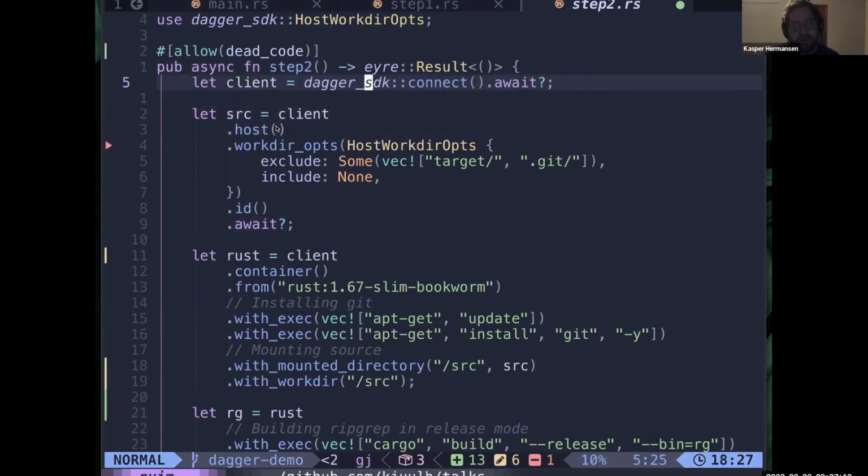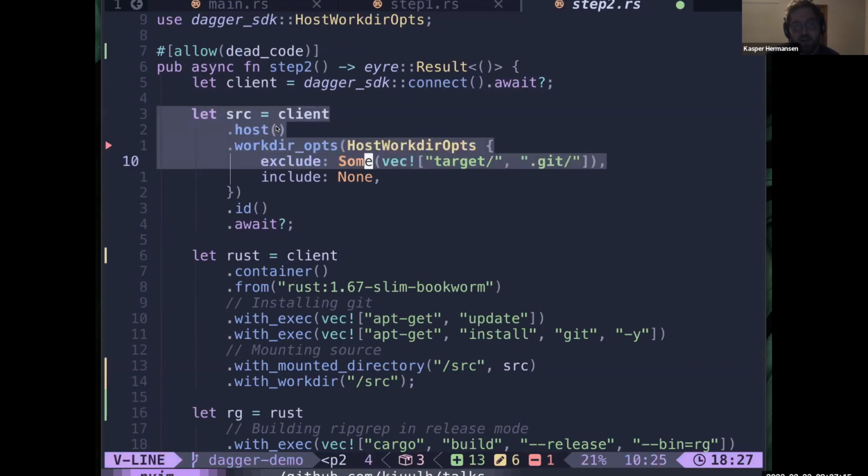Here again, we do the connect, but now we actually load the current working directory in. So that's the current directory that the executable is executed from. And I choose now here to actually exclude the target folder. The target folder here is basically the node module equivalent in Node.js, and I don't want that in my build